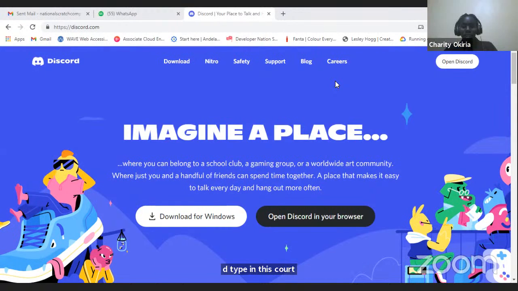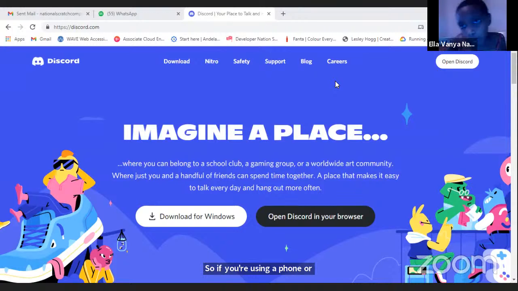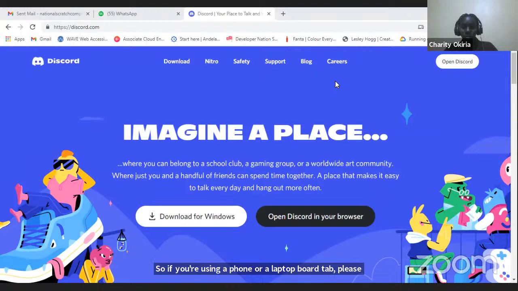If you're using an iPad, go to your app store and type in Discord. It should show you the app to download.